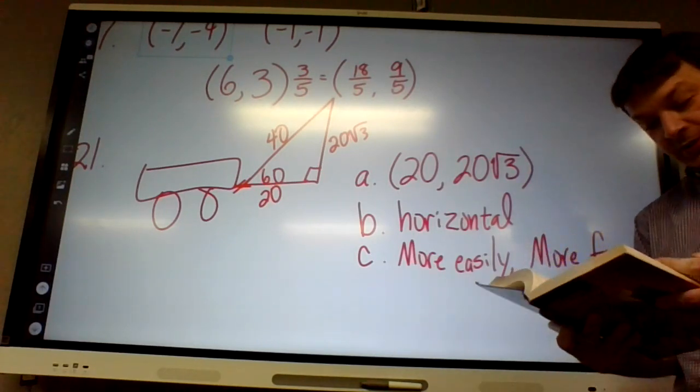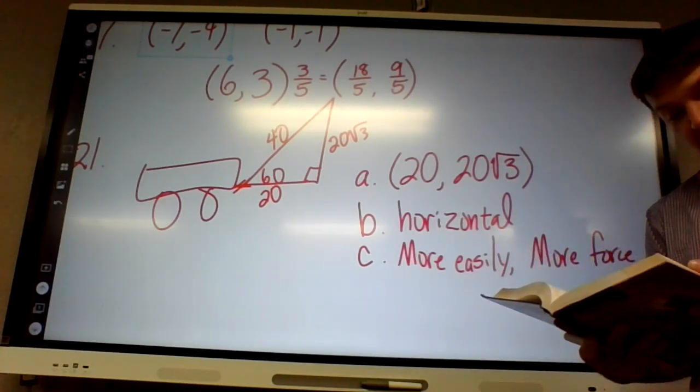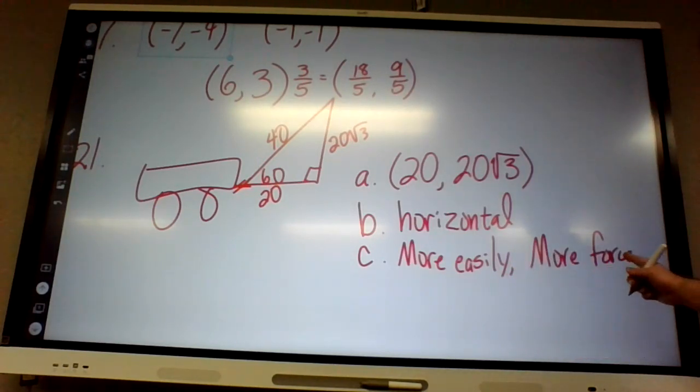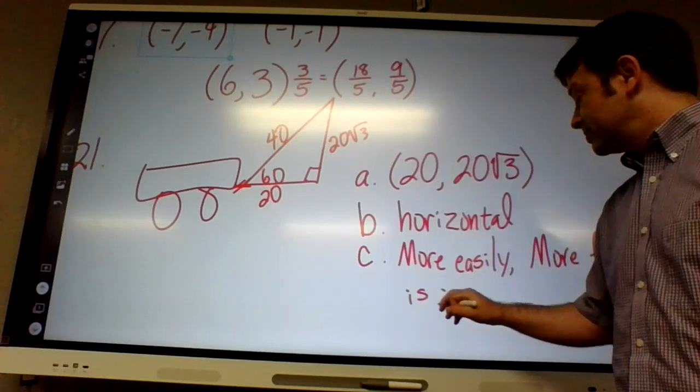Let's see how they put it. The horizontal component is greater. I like mine the way I said it better. More force is directed